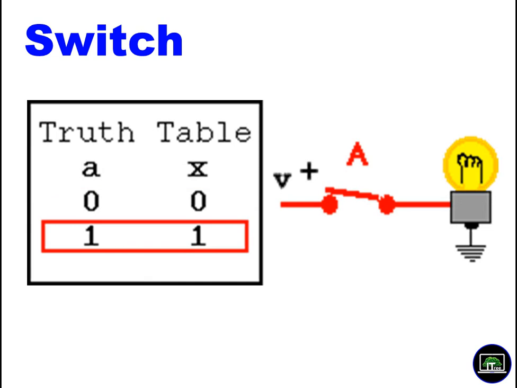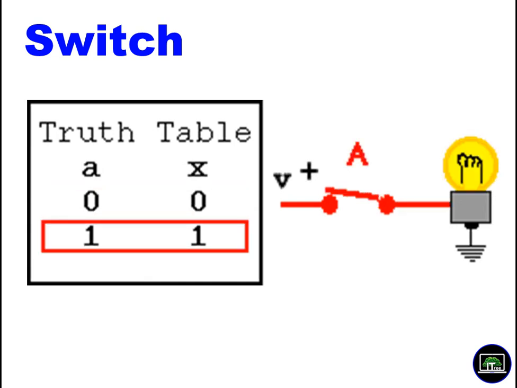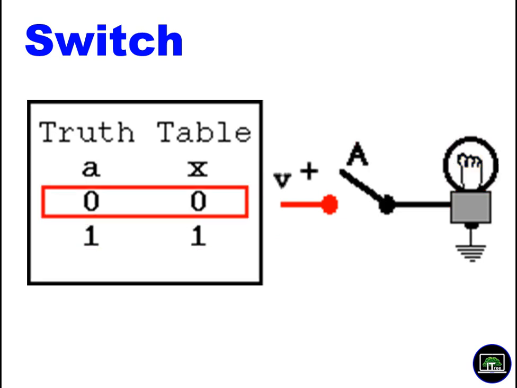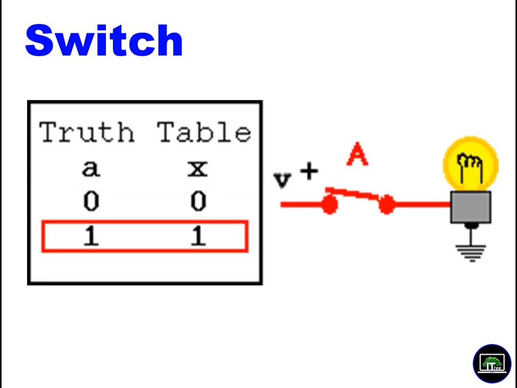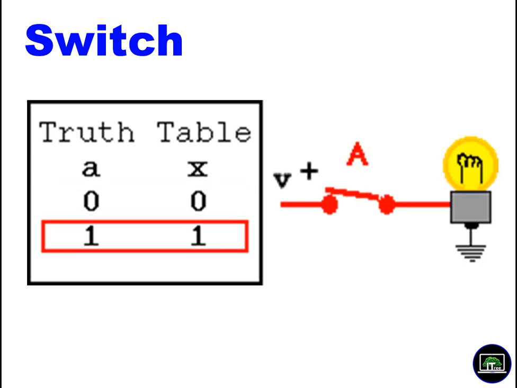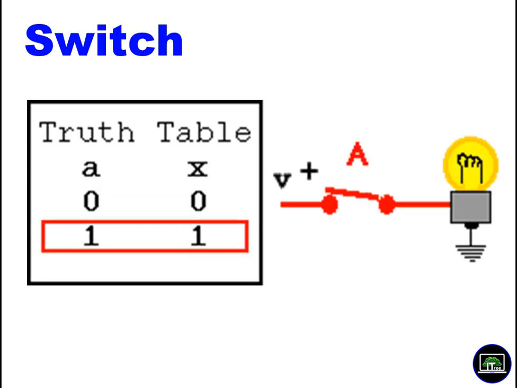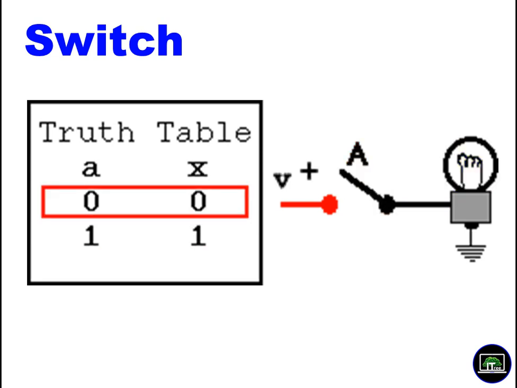Okay, we can think of a logic gate as a kind of switch. Look at this switch now. You can see that when the switch is on, the light will come on. When the switch is off, the light will go off. A logic gate is something like that. You give some input to the logic gate, it does something and produces the output. We can mimic a logic gate with a switch. It's not a switch, it's more complex than that, but we can simply think of it as a switch.